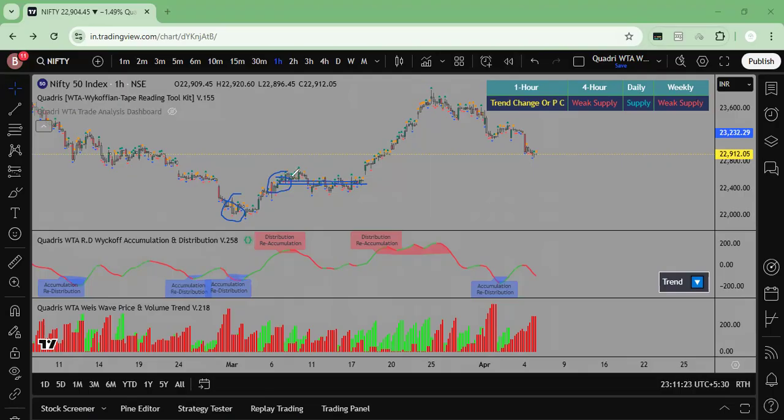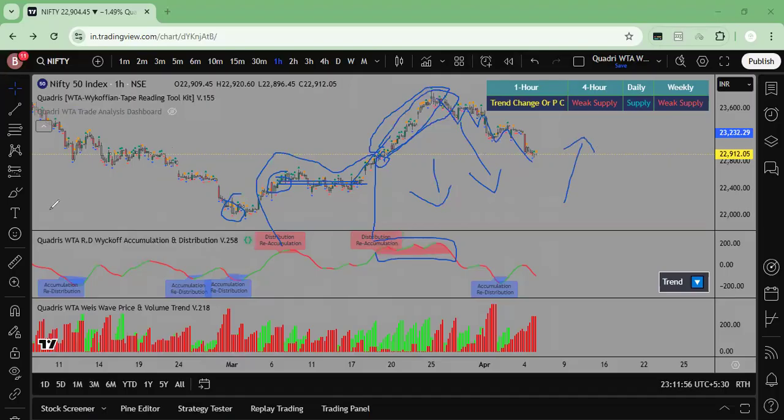Having said that, this happened and then price started moving upwards. Another time we had accumulation, and this accumulation lasted for this much area. That means this entire price movement was distribution. So after distribution, again we got a distribution. This was the initiating point, and then this was the entire distribution taking place. After that, we had a downward move, that is a markdown phase, because after every successful distribution there is a markdown, and after every successful accumulation there is a markup phase, that is an uptrend or a downtrend.